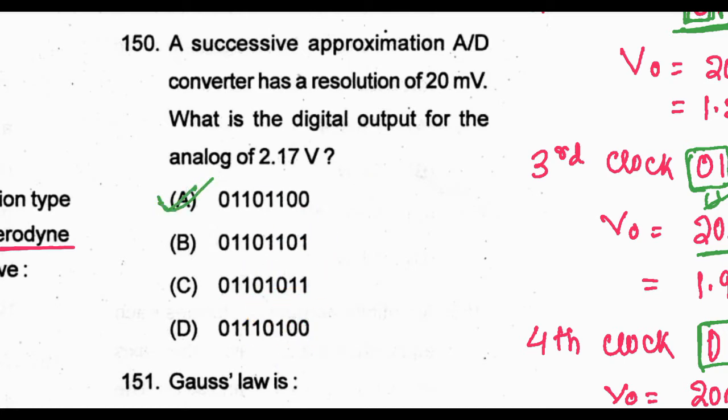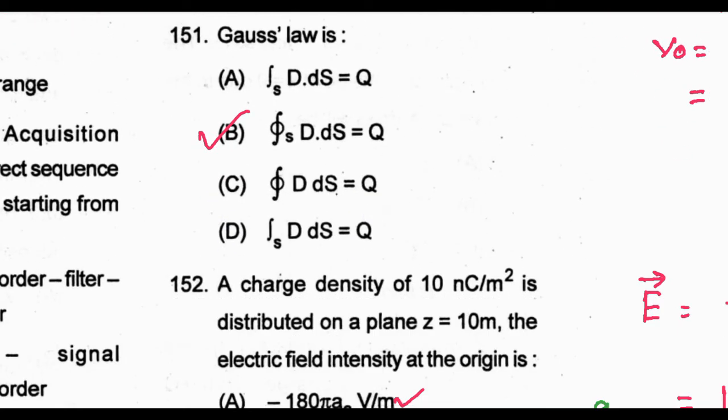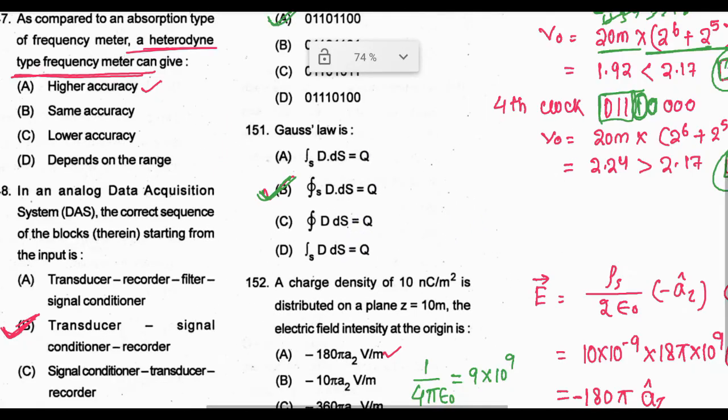Next question is, Gauss law: the closed integral over surface S of D dot dS is equal to Q. D dot dS is equal to Q. This is Gauss law. Directly, this is the Gauss law. Next question is